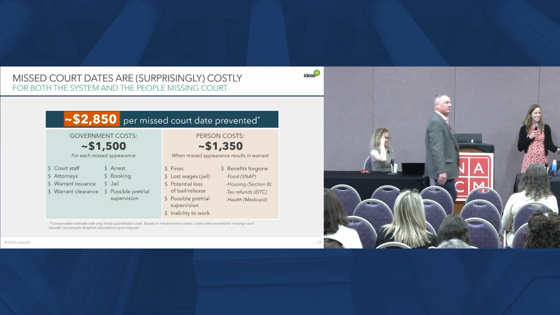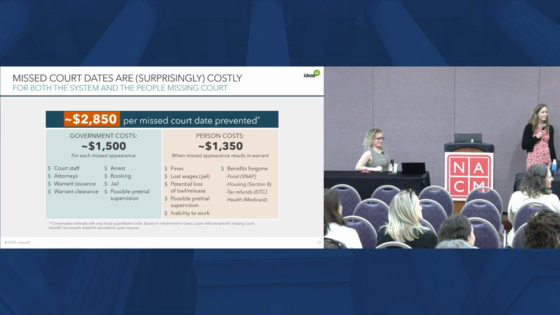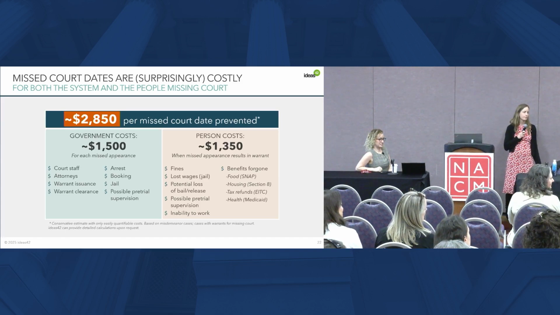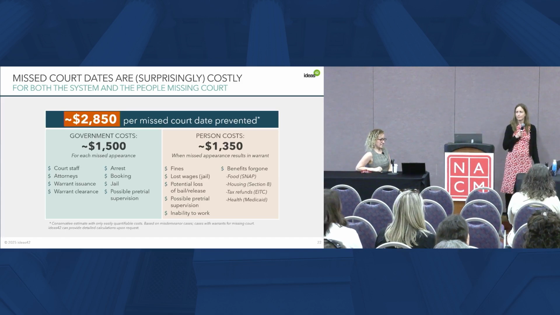Trial certainty. So if there's a trial date on the horizon and somebody doesn't show up, that's a trial date that someone else could have gotten, and it's just a giant waste of time. Trial certainty. Thank you.